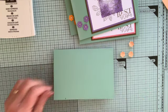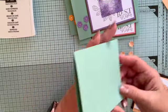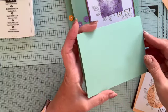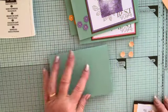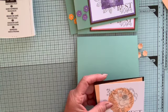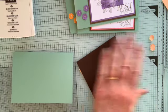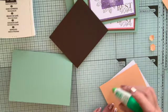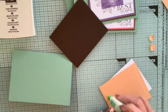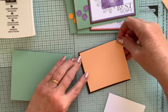The other tip I was going to give you, I've made these cards very plain, but I think if I do them in future, I might actually emboss the front of this just to give it a little bit of texture. I'm not going to do that now because I just want to show you very quickly how to put this card together. Dead simple. We're just going to stick all the layers together. But that might be quite nice actually, just to use a little bit of embossing just to give a little bit of texture. So then, simple as simple, all we're going to do is stick the layers together,